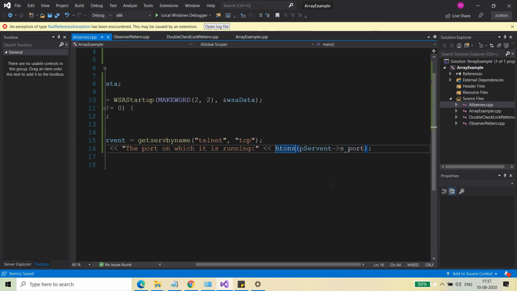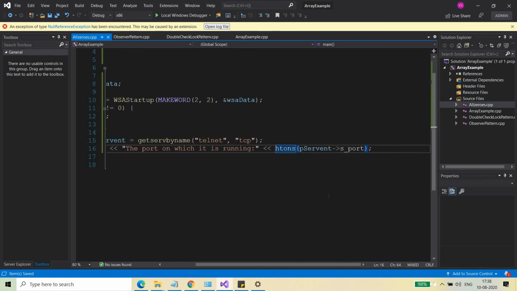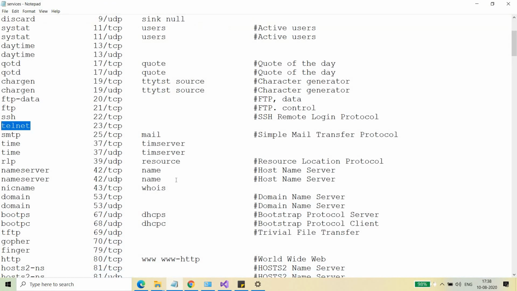I hope you are aware of the network byte order and the normal byte order, the big endian and little endian formats. I have already discussed this at the beginning of the playlist, so you can understand the meaning of htons and why I am using it. The meaning of this is host to network short, right? If I do not use this, it will not return the result that you are able to see here.